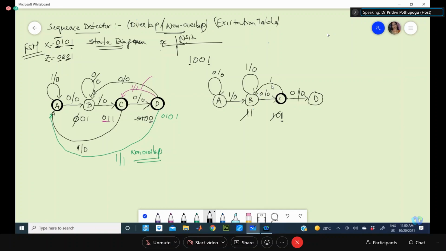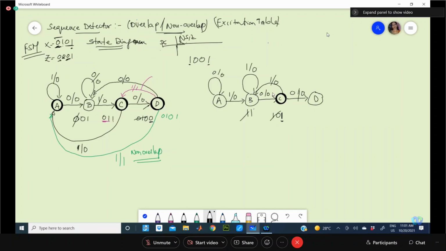If 1 is received, output is 0. If it is 0 and it is in sequence, it goes to B. If it is 1, the first 2 bits will be discarded. The third new bit coming will be taken as the first bit of the sequence. So when the first bit of the sequence is identified, the machine will be in state B.